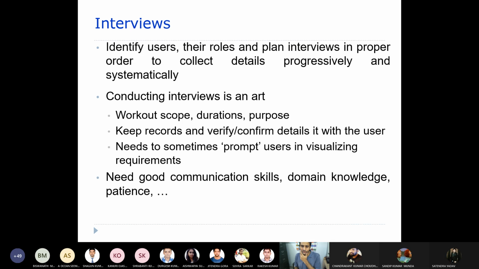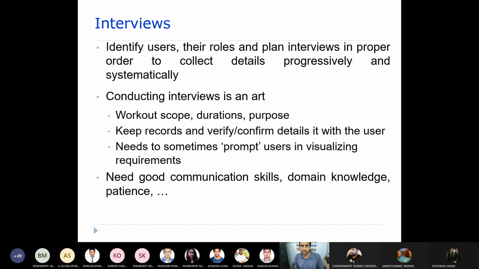Sometimes you need good communication skills, domain knowledge, and patience also. These are the important attributes an analyst should have